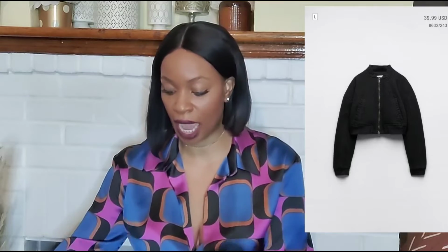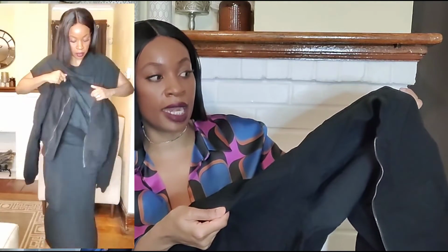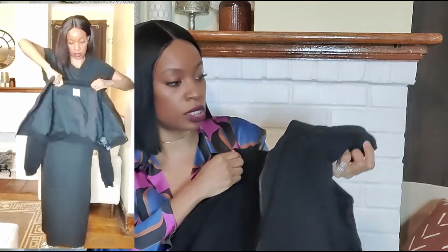So I saw this coat and looking at it, I believe it's denim. Yeah, it's denim. It's black denim, and I don't really have a lot of black denim. Now it is cropped and it's more of a puffer coat. I bought it and it's a puffer bomber coat of black denim. I purchased this in a size large. I believe it was originally $89.90 if I remember correctly,